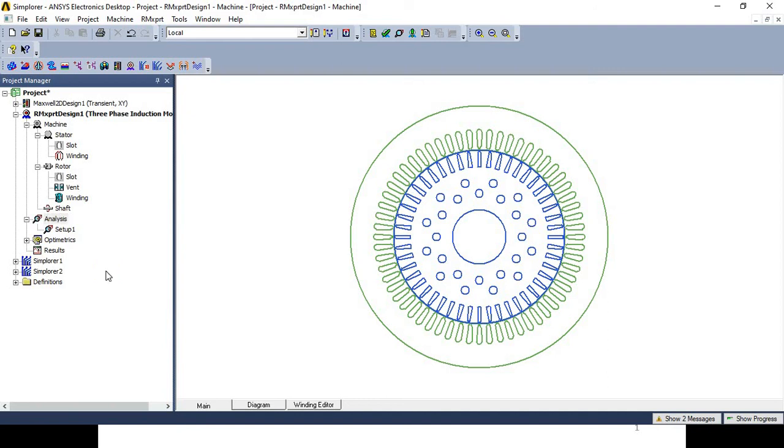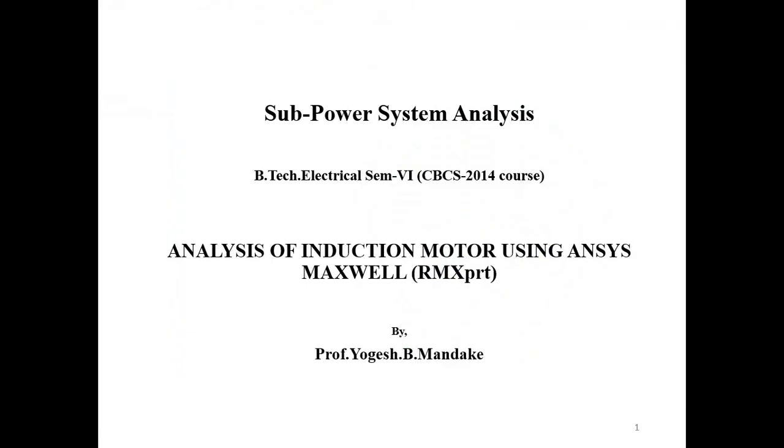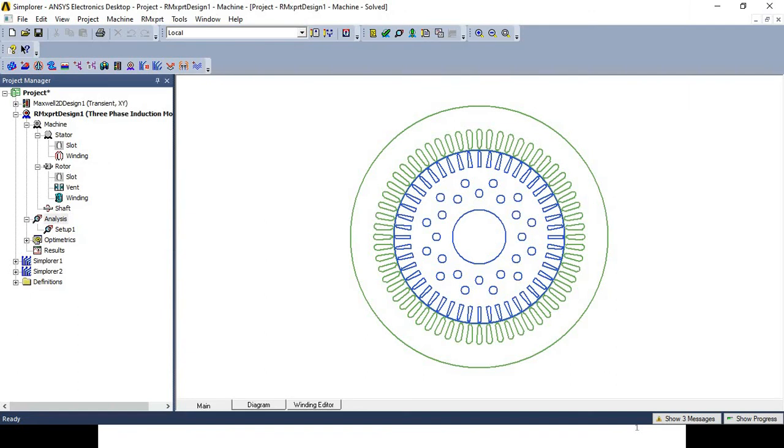seconds to analyze the design, and the status of your design analysis will be shown here, whether the design is validated or not. If design is not validated, then you have to repeat the design and accordingly you can check the performance. But if there is any error in the design, it will show at the bottom.